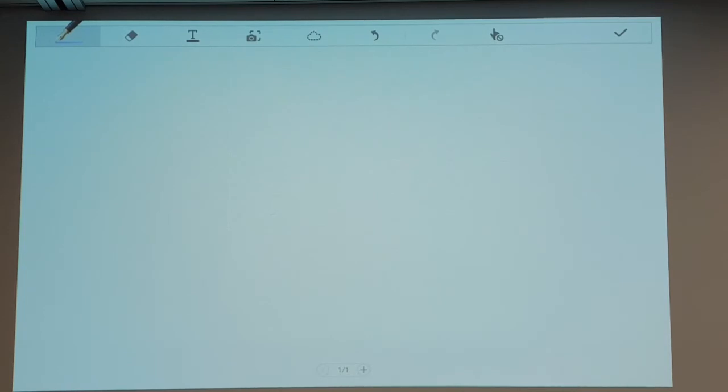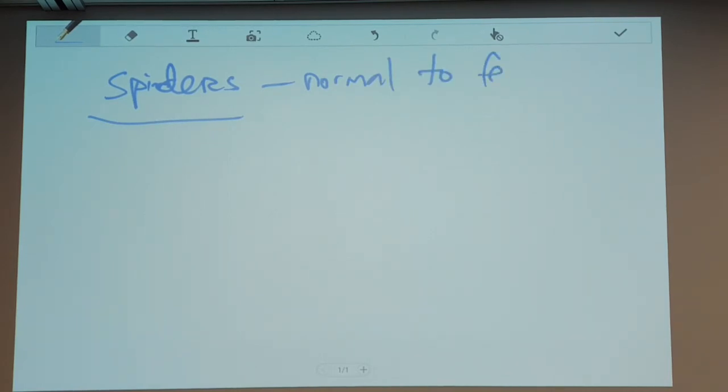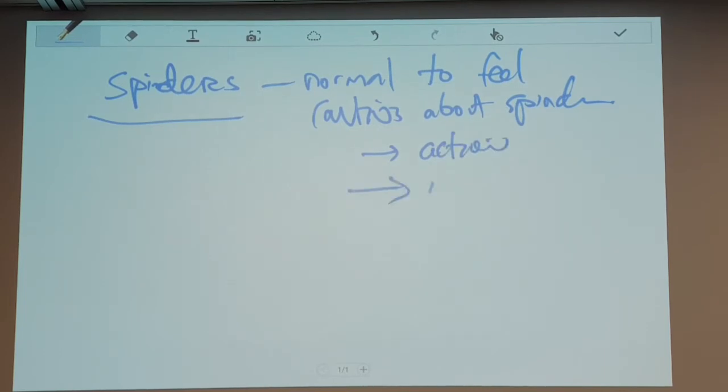So just say, for instance, someone who is hypersensitive to spiders. Okay. In a sense, it's normal to feel apprehensive, cautious about spiders. Okay. And you might take action, go and get the morphine. All right. But